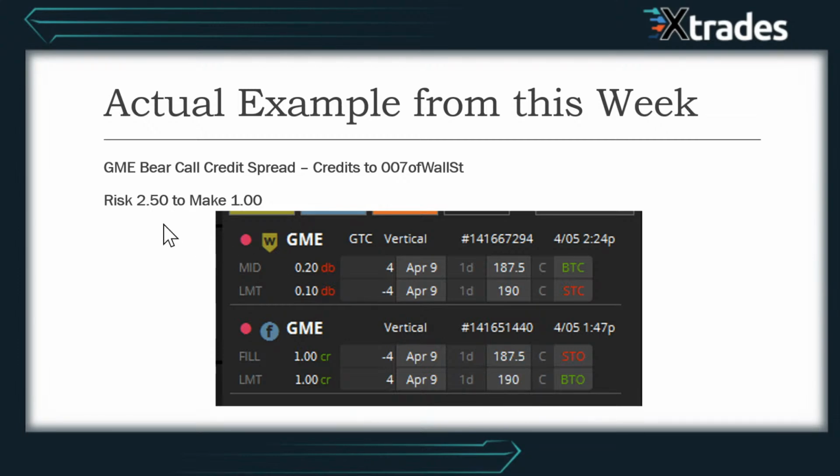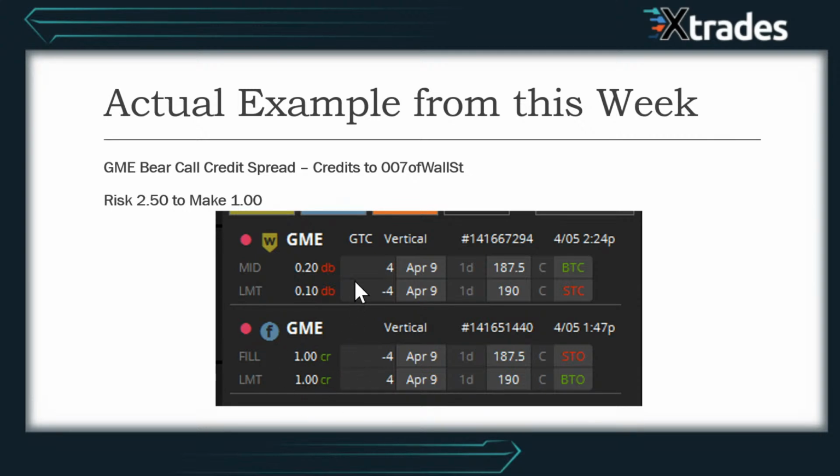So if we look at this, that means he risked a total of 250, because the play in total requires him to have $250, right? Because that's including the collateral needed to make the play. And then he risked that to make $1, because that's how much credit he received. So he got filled for $1 here. So that means on this play, we multiply it by 4, since he did 4 total. So he